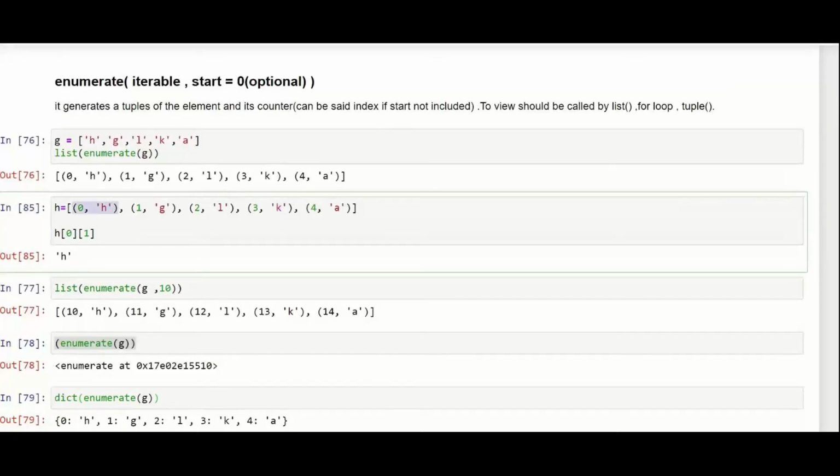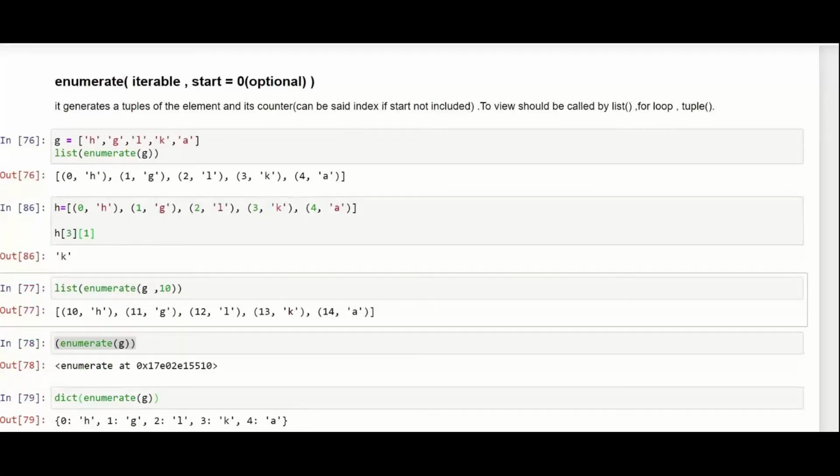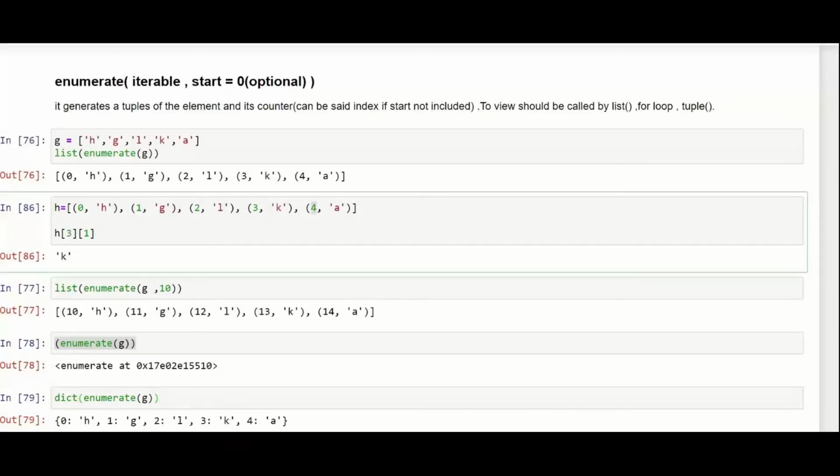So this is index 0, this index 1, this index 2, this index 3. So it will be similarly h3. And if I start with this, it is 0 and 1. So I write 1 here and I get k as output. Okay, so I modify the question for you all. I want 4 as output. Can you now please answer the same?